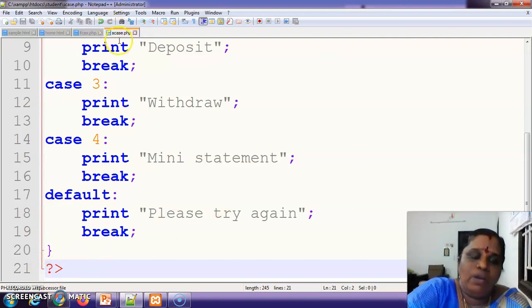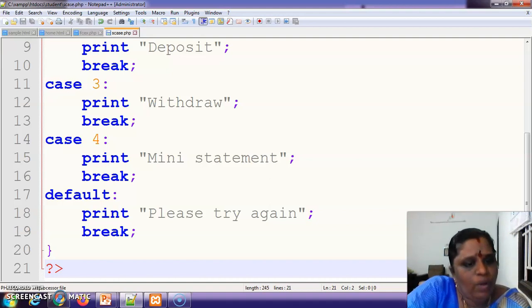Whatever you want to save, save it in the C:exam folder, htdocs, as any file name .php. If you want, you can create a folder in the htdocs and save the program there.